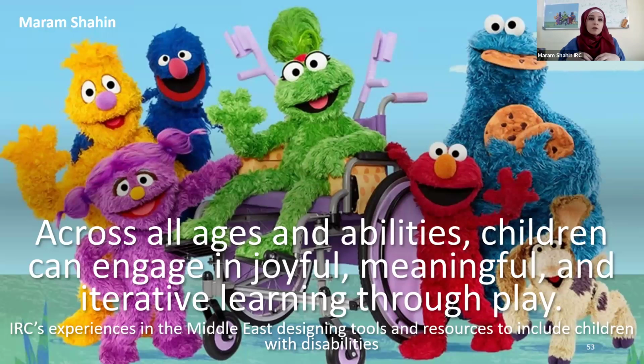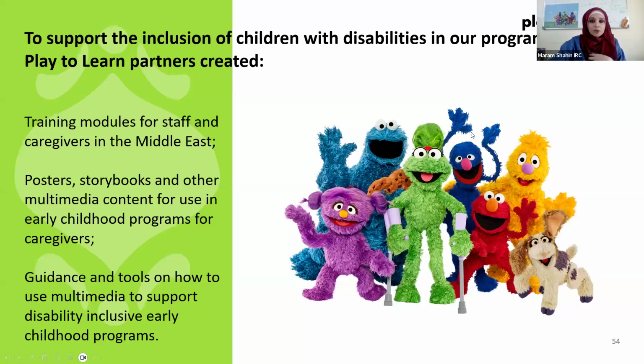But one thing to note first is that inclusion of children, all children, is a core element of the program. Because of the context that we work in, because of the ongoing conflict and the deterioration in the social and economic situation and the protracted crisis in general, there is a continuous change in the context, and it is our obligation and we are accountable to provide early childhood services that include all children, regardless of their age, gender, ethnicity, religion, or disability. For this, through Ahlan Simsim, okay, just a second, can you go to the next slide? Don't know why I cannot do it myself.